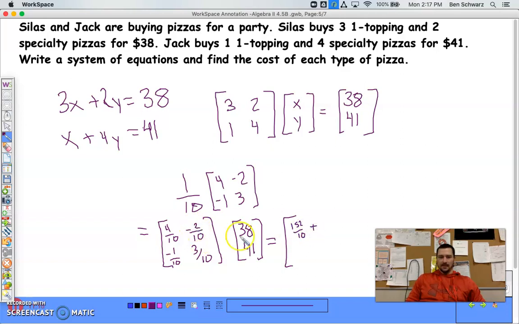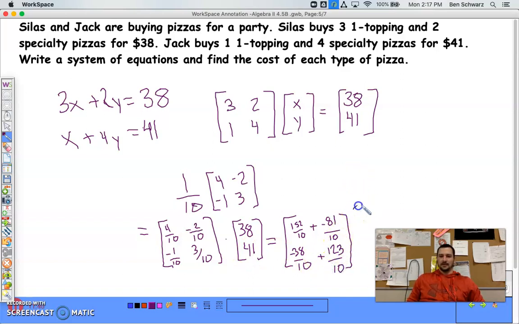Plus negative 2 tenths times 41, so that's negative 81 tenths. All right, and then we'll simplify the other one. So negative 1 tenth times 38, negative 38 tenths. And then 3 tenths times 41. So 41 times 3 is 123